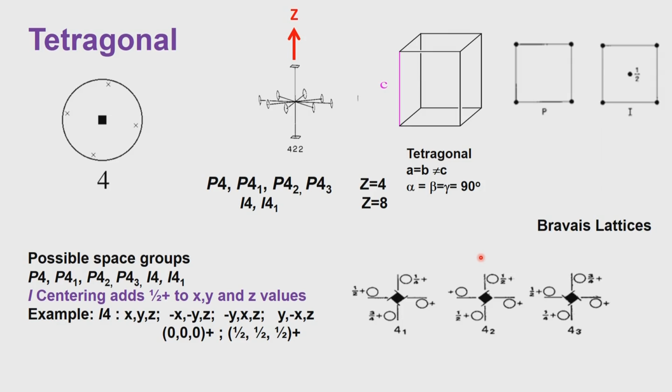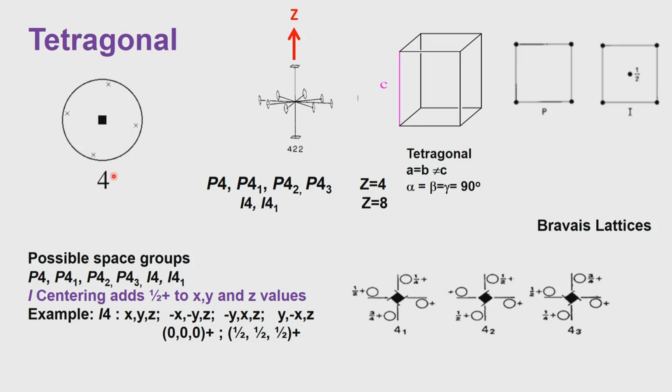In the tetragonal system, of course, there are several possibilities. One of them is illustrated here, the so-called four-fold symmetry. That is also illustrated here. Remember that in a tetragonal system we have A equals B not equal to C, alpha, beta, gamma are 90 degrees with respect to each other. The moment we have these three angles at 90 degrees to each other, we invoke automatically two intersecting two-fold axes in addition to the presence of the four-fold axis.